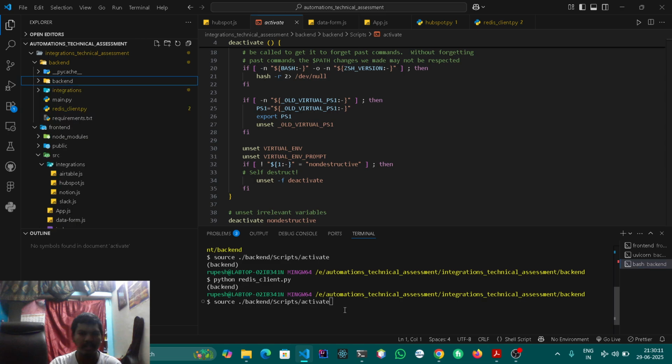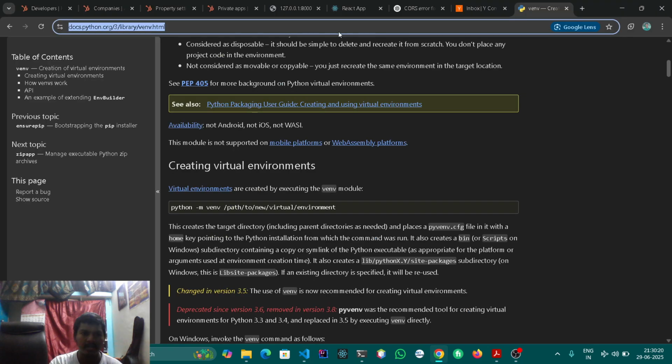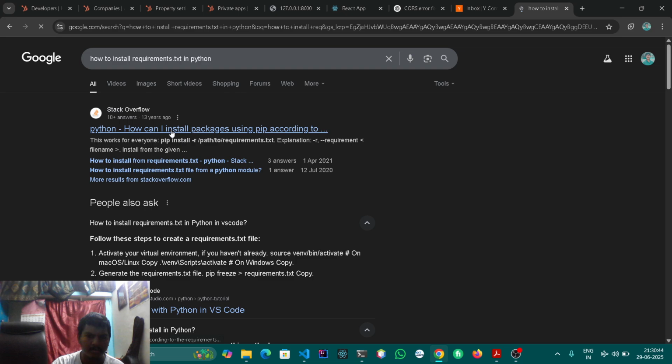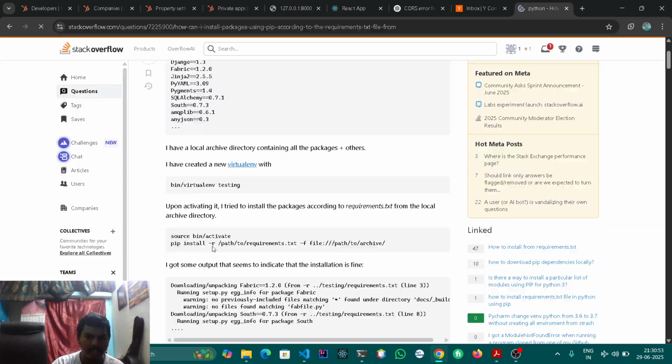How to install: pip install -r requirements.txt. Use pip install -r and the requirements.txt file, and you get a copy of it stored in